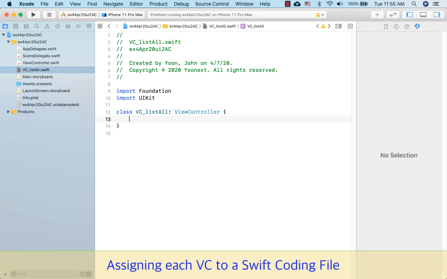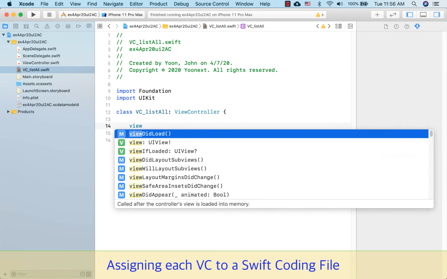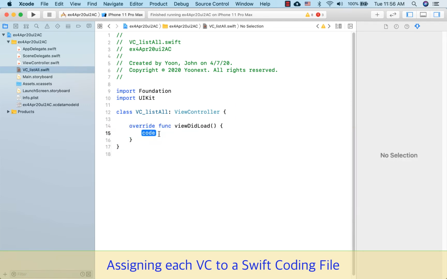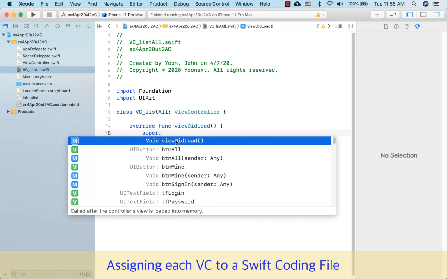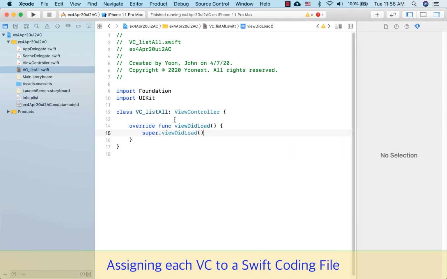Okay. In this view controller, usually we have viewDidLoad. So you simply type viewDidLoad, double click it, then all the declarations are very nicely provided. In the code, we need to first have the viewDidLoad. This is it. Okay, simply done this,